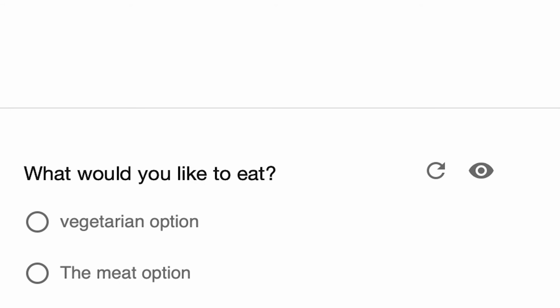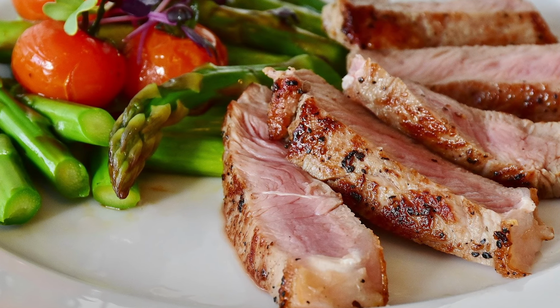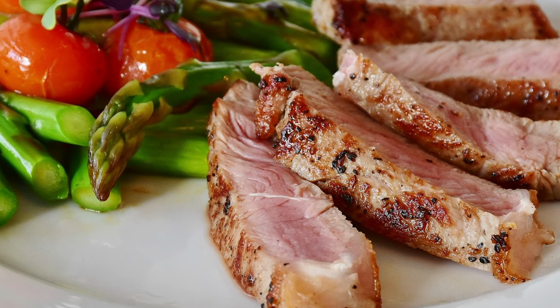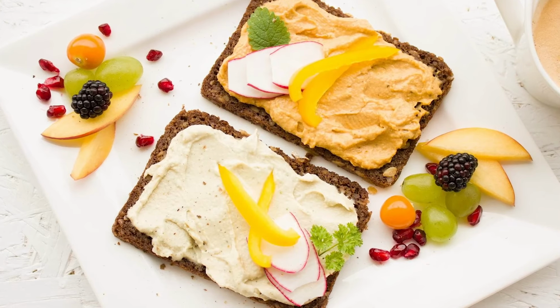Well, let me give you an example and it will be more clear. Let us pretend you're going to fill out a survey. In the survey, you get the question, what would you like to eat? Let us say we don't really care about this and just let our option automatically be chosen. If the survey is designed to have the meat option as a default option, this will be selected. So if we want more people to reduce their meat consumption, we can help them by having the vegetarian option